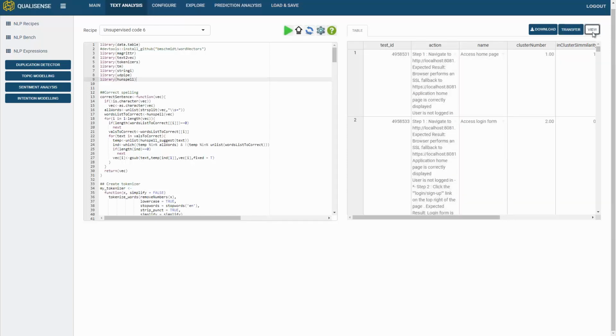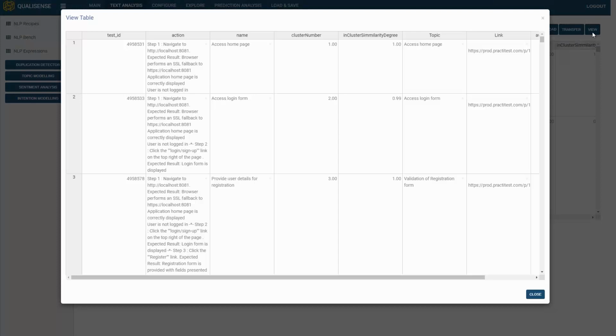And what it's actually done is it's taken a look at every single one of our test cases. It's taken the test step and it's analyzed the test steps, the test name and the test description to say, what is this test trying to do? It's getting into the semantics. What is the purpose of this test? And we can see that what it's done is it's put the test in a topic. In other words, it's saying that the purpose of this test is to access the homepage or access the login form or validate the registration. Every single test case in the test pack gets put into its topic.